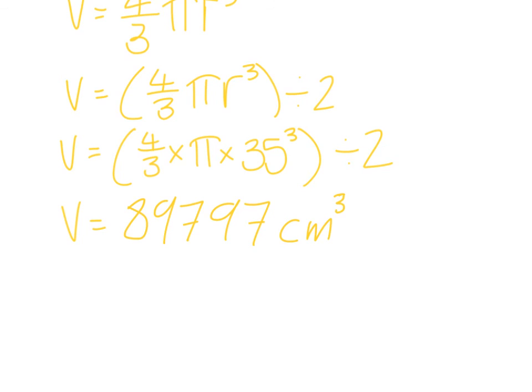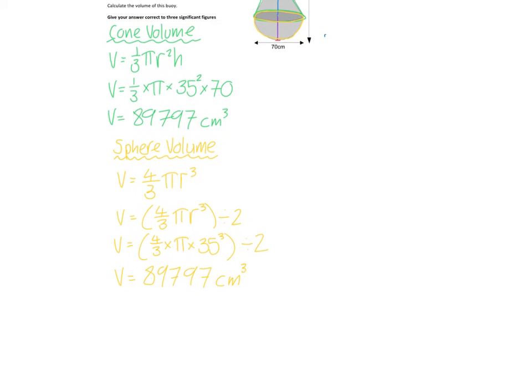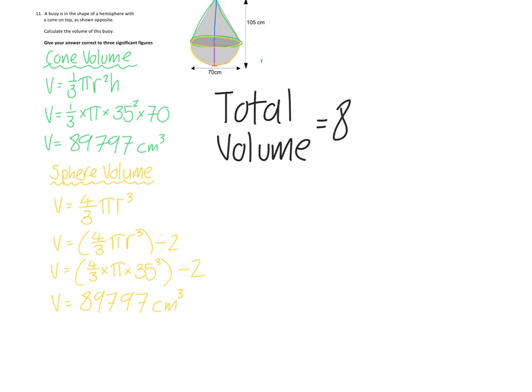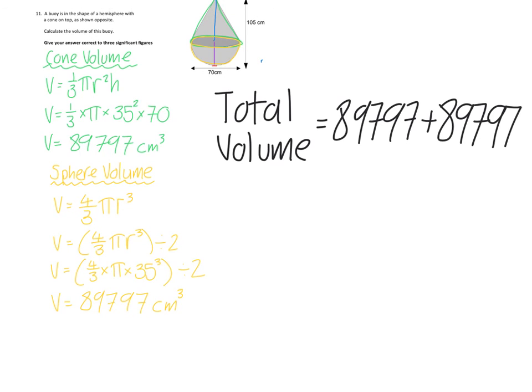So what we want to do now is add these two together. So we'll give ourselves a little bit of room by moving this over to the side. So that's 89,797 plus 89,797, giving us an answer of